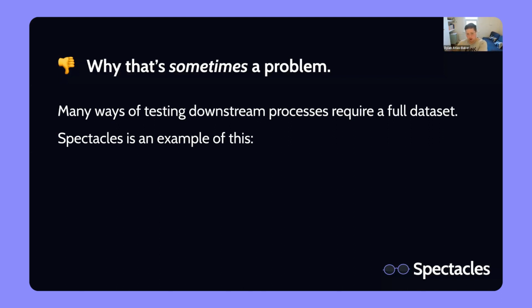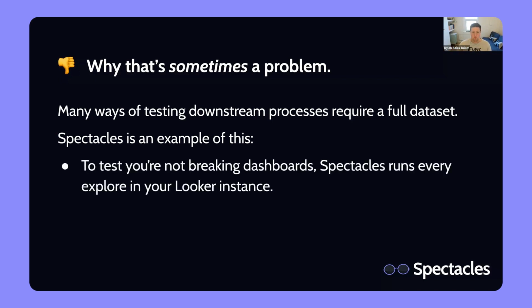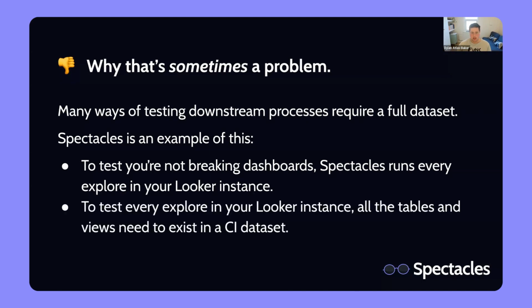But with Spectacles, you can say, hey, does this dbt change break any of my explores? Does it break any dashboards? Does it break any metrics? But to do so, Spectacles runs a query against every explore in your Looker instance. And to test every explore in your Looker instance, all the tables and views need to exist in the CI dataset. So if you're doing a slim CI, there's a bunch of tables and views that won't exist that Looker will need,